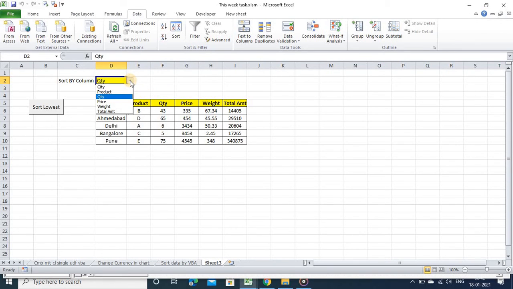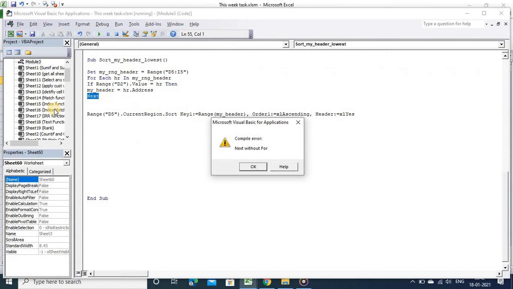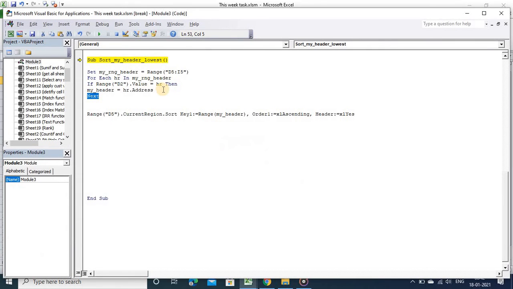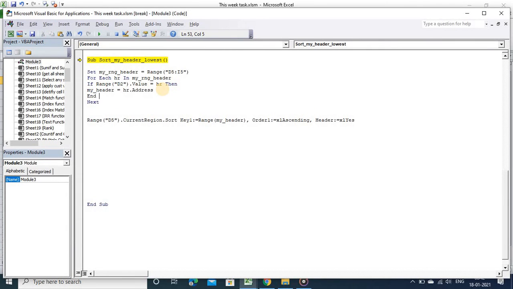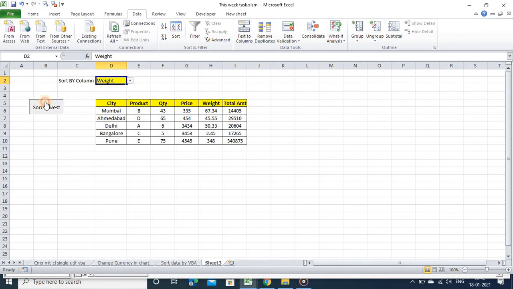Try to sort on the basis of weight. So weight should be sorted. Now it's showing an error. Why? Because I have not put it here. Again I will sort this. So this time it has been sorted successfully. Now I want to sort by price. It will sort by price, weight,